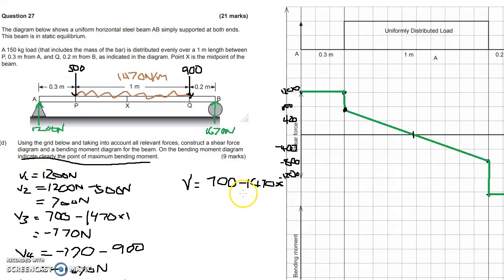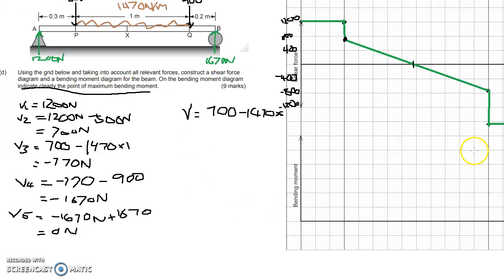So there's the function for my line, and that's going to be important later because we're going to come up with a function for our bending moments. But we can already use this to figure out where V equals 0, where our maximum bending moment will be, by plugging in a 0 value for V. So 0 equals 700, take 1470x. So x has to be 700 divided by 1470,